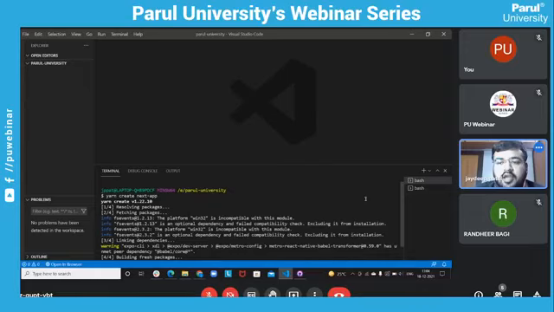So we go to that folder. This is the basic Next.js template. Now I'm giving you some basic info about Git, and how to manage and maintain it.